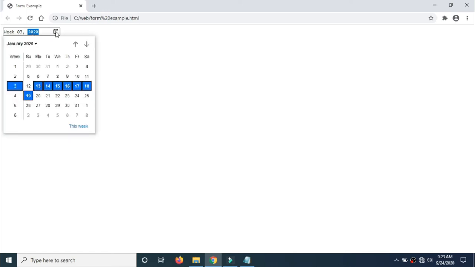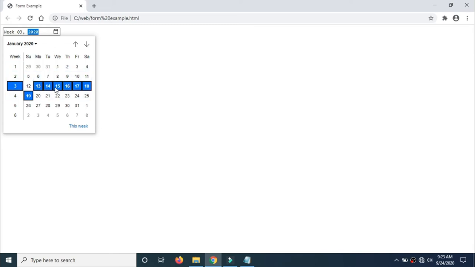Week followed by a two-digit number stands for the week number, followed by the year. I can increase or decrease this number by using the keyboard up and down keys, and here also I can increase and decrease, or else you can click on this icon and you will get this window.